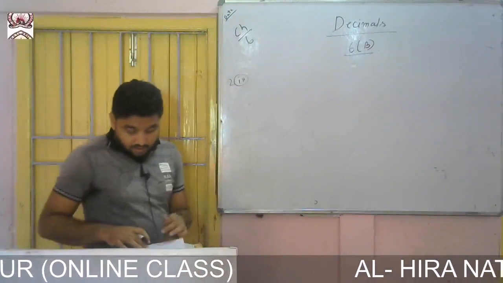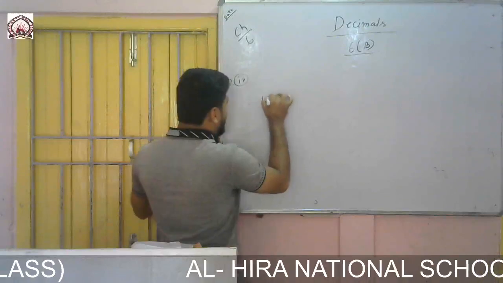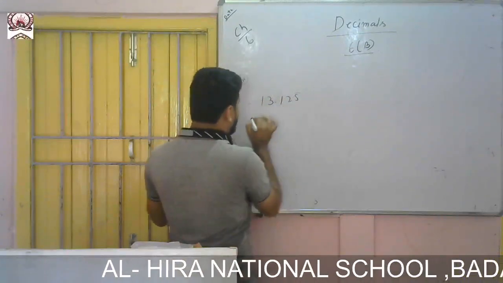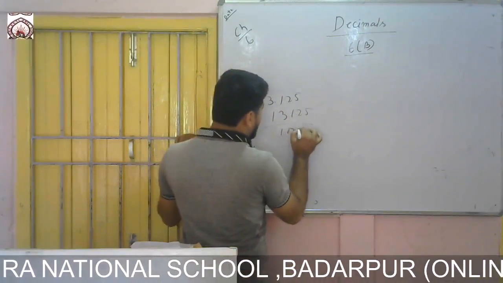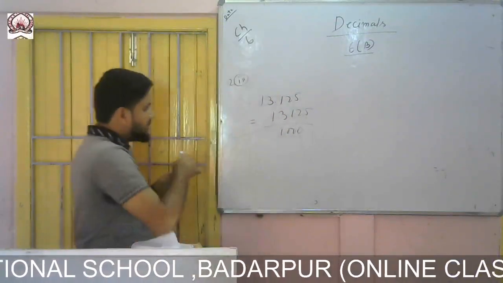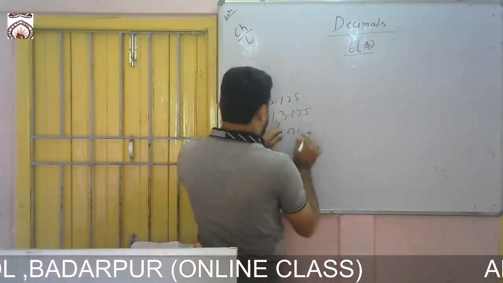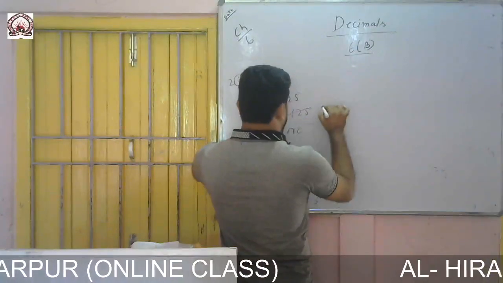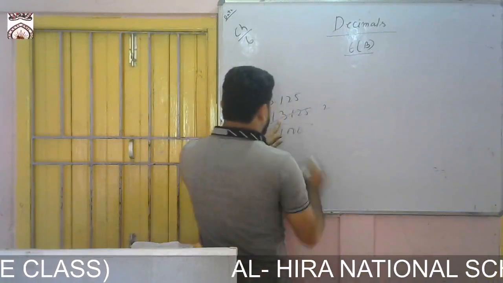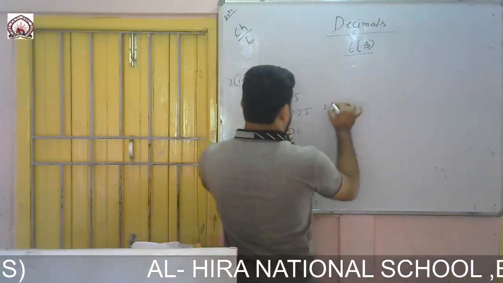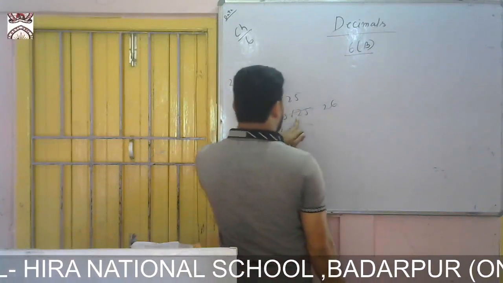This one what? 5 1 3 1 2 5. So 1 3 1 2 5 by what? Thousands. Okay. So cancel with 5. Then this one 13. Then what? 5 2s are 10. 5 3s are 15. So remain what? 3. If I take this one here, then 30. 5 6s are 30. Remain what? 1. So if I take here, it will be 12.